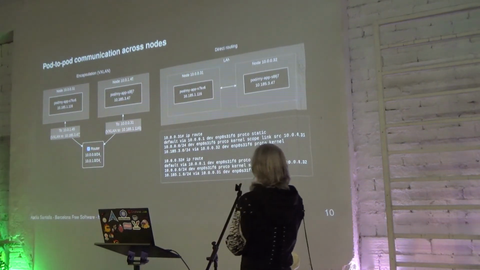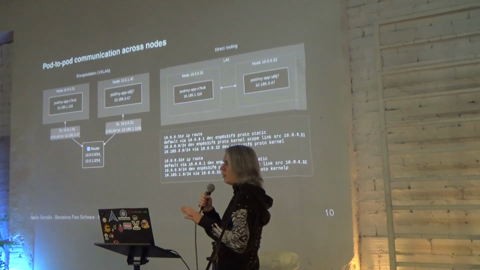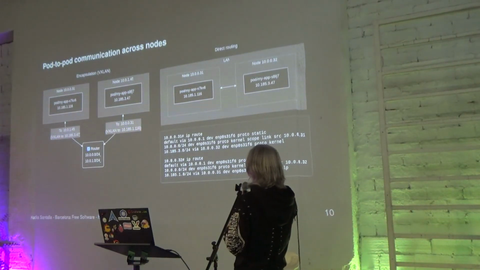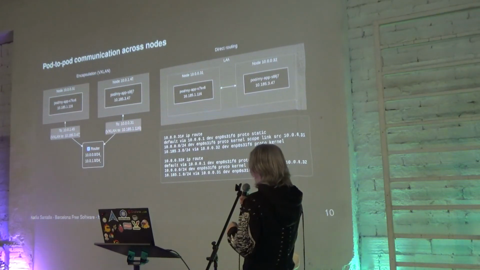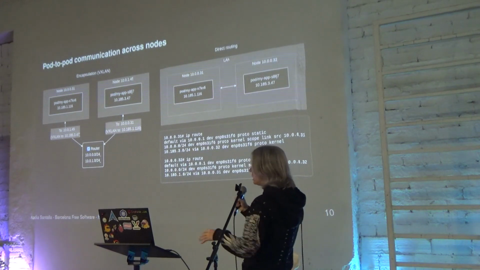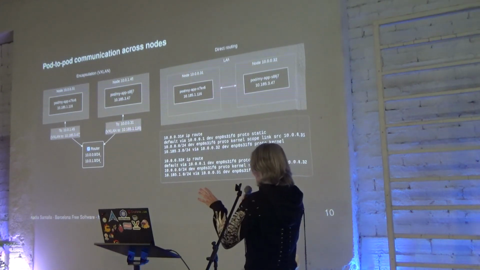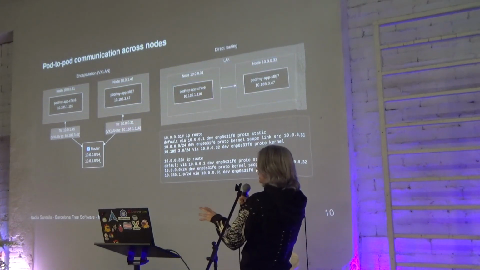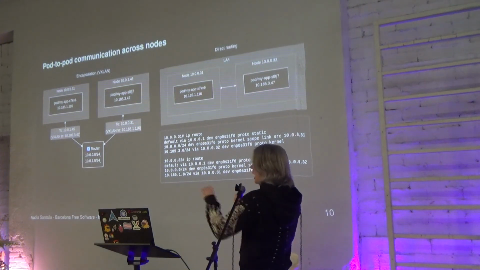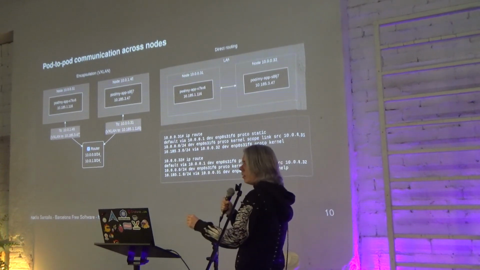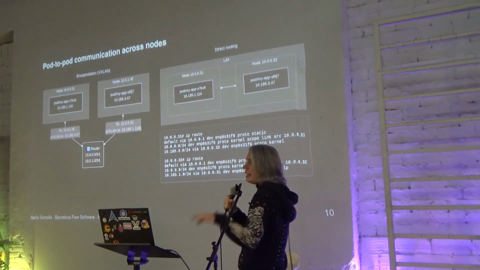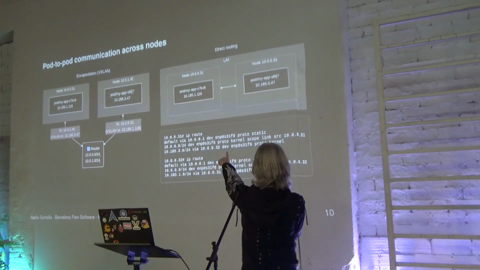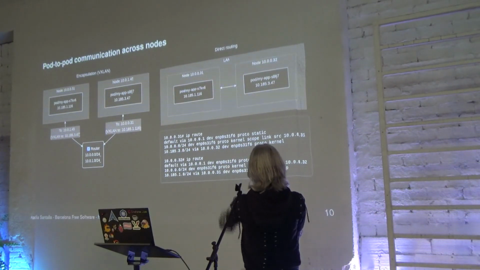So if our CNI is smart enough and supports this use case, we can actually tell the nodes, hey, when you want to communicate with this subset of pods, do not encapsulate the traffic, because the node where these pods are is actually reachable through the link you are connected. So we can go there, and if you can see the code snippet on the bottom right part,